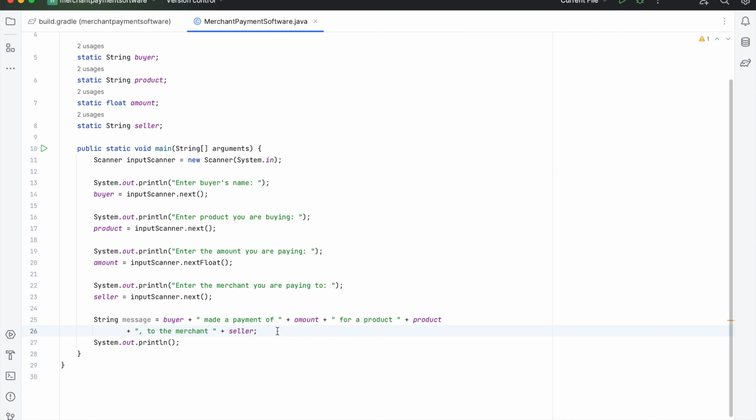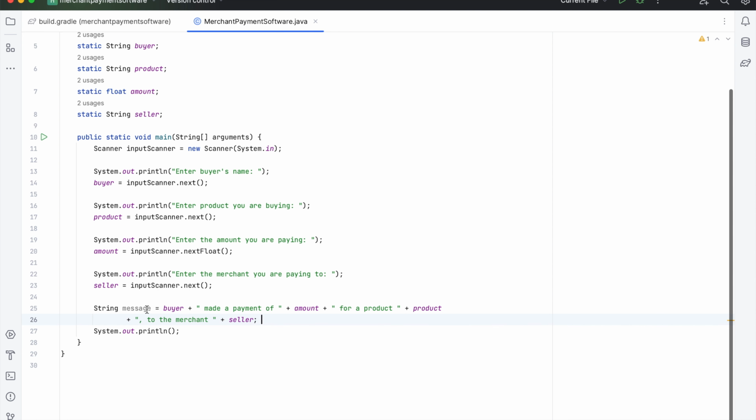So IntelliJ by default has a line here. You can see that 120 line, meaning that you can have 120 characters in one line. But some companies or some engineers also follow a practice of 100 lines. So if your statement crosses 100 lines, you will write the rest of the information into the next line. Okay, so we